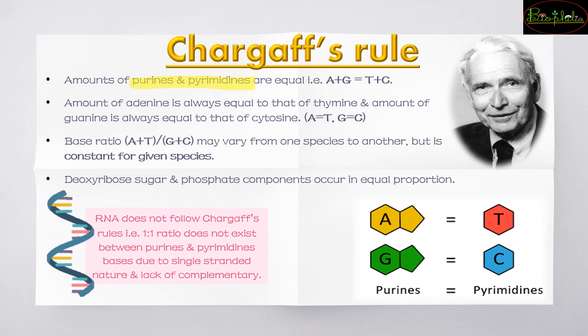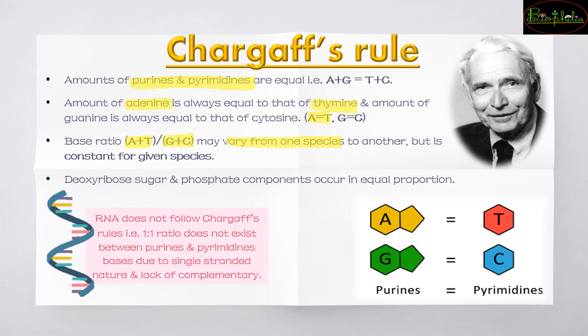Next, the amount of adenine is always equal to that of thymine. अब जब adenine और thymine का quantity same होगा, that means these two are always coming together. When they are coming together, then only their quantity will remain same. फिर हमने क्या किया, A और T और G और C का रेशियो निकाला. So जब हमने इसका रेशियो निकाला, it will vary from species to species, but it will be constant for